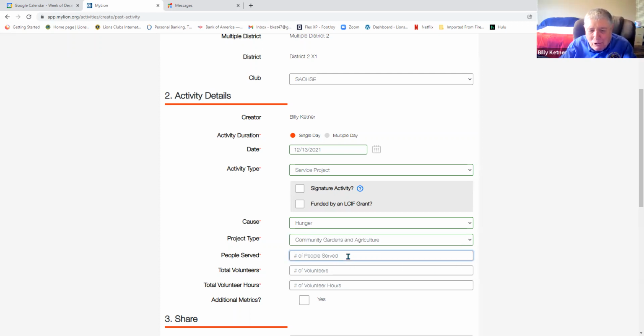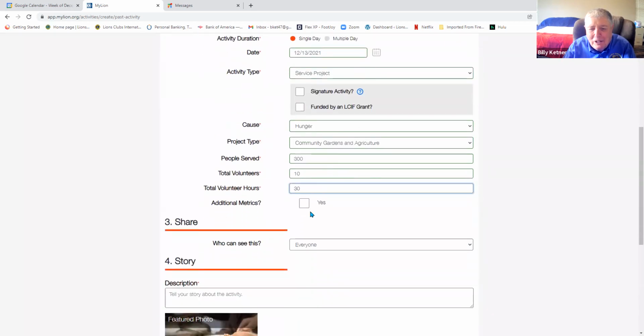The number of people served, there's 300 clients in the food pantry that benefits from our community garden. So I would type in 300, and usually about 10 of our members do this project. And it takes them about 3 hours each. So that's a total of 30 hours. That's as simple as entering a service activity is. It's just looking at the default buttons and entering the information. And telling the story is